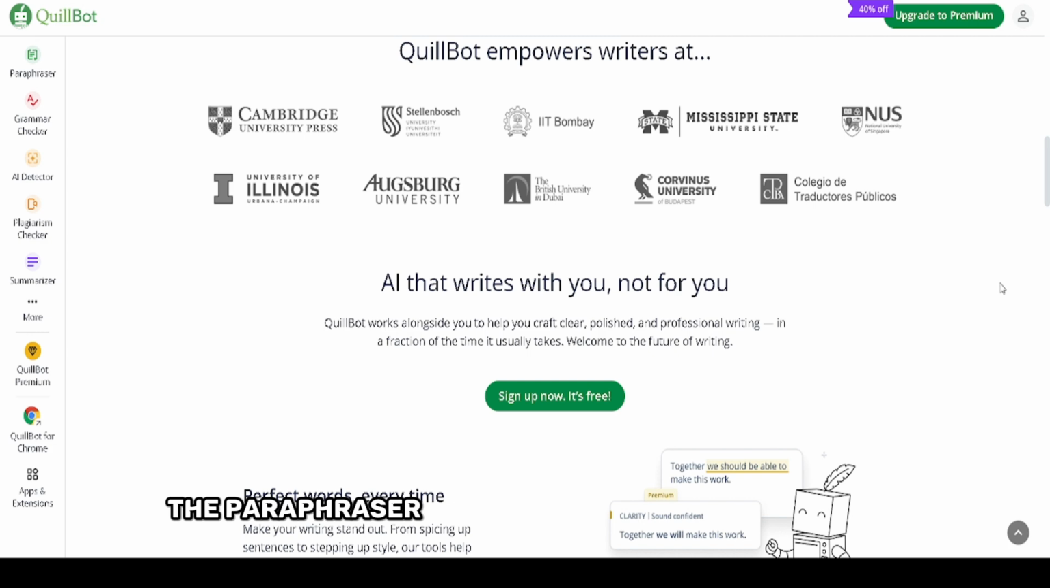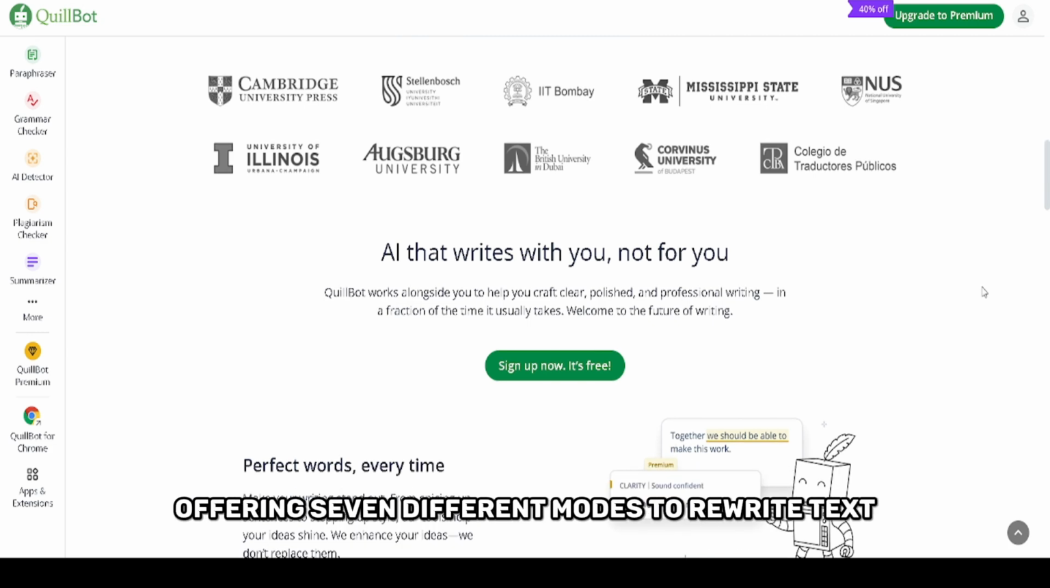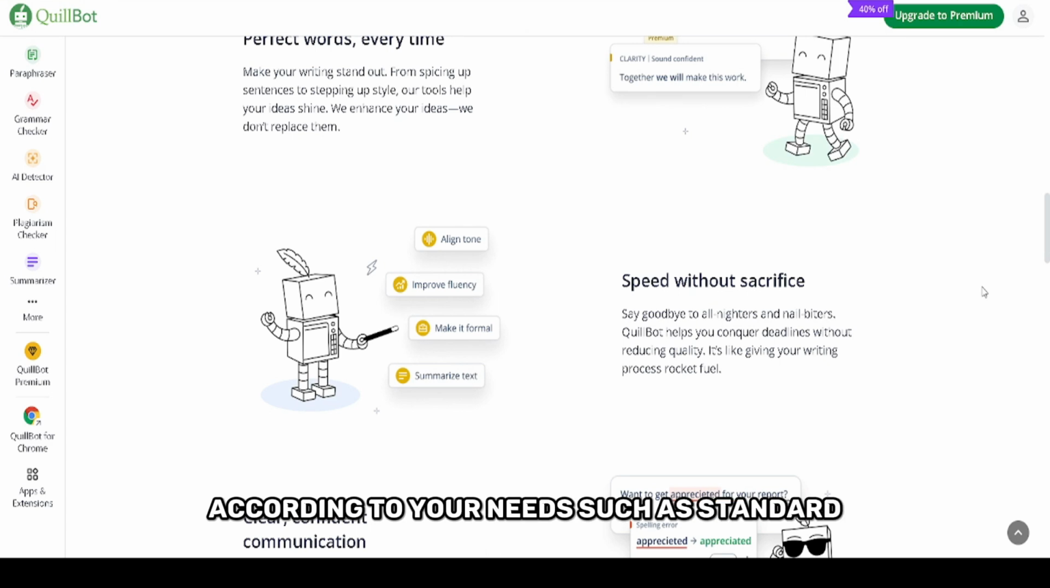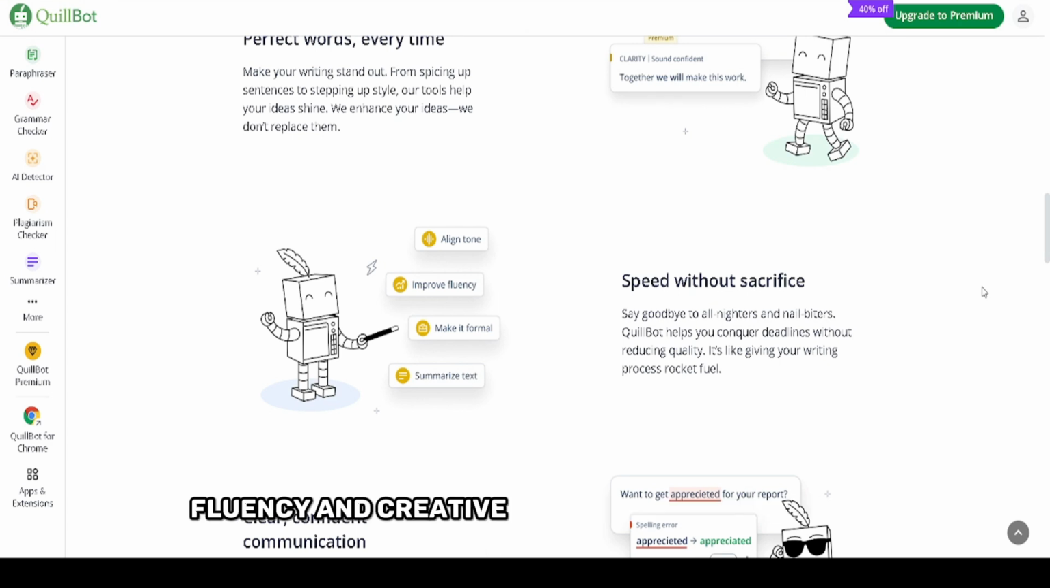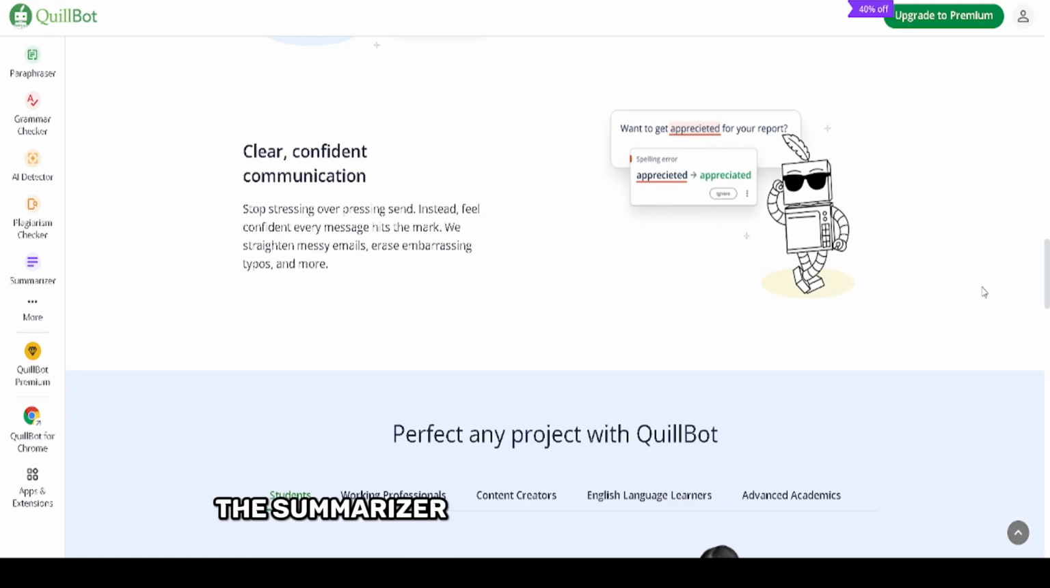The paraphraser is QuillBot's standout feature, offering 7 different modes to rewrite text according to your needs, such as standard, fluency, and creative. It allows you to adjust the level of creativity and tone, making it ideal for academic, professional, or casual writing. The summarizer is perfect for condensing lengthy articles or research papers into digestible points, saving time without